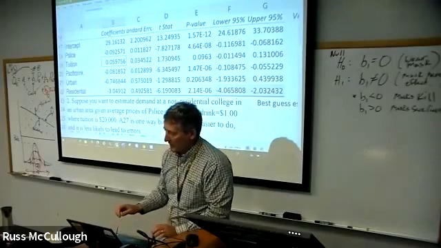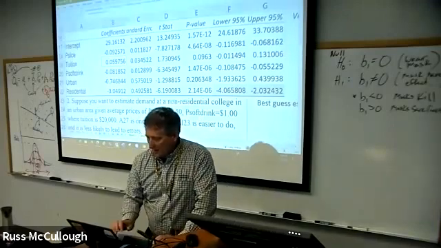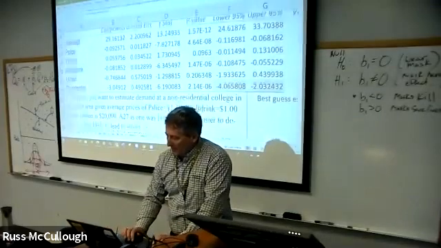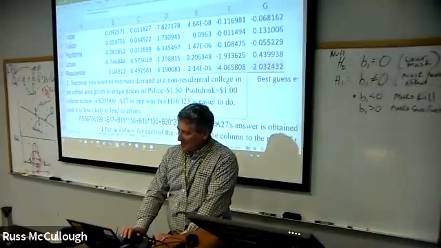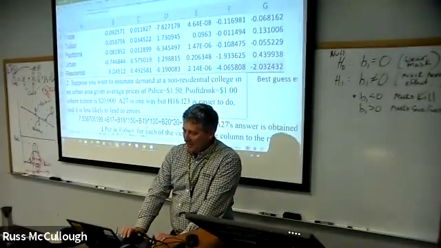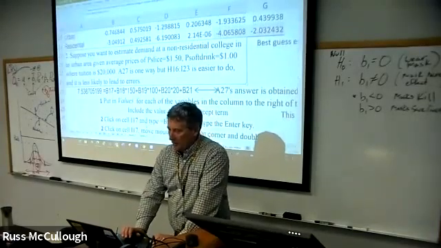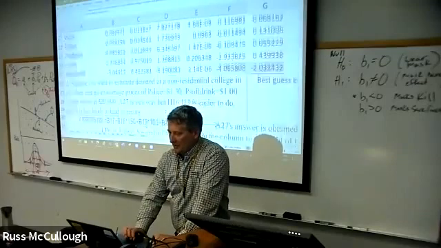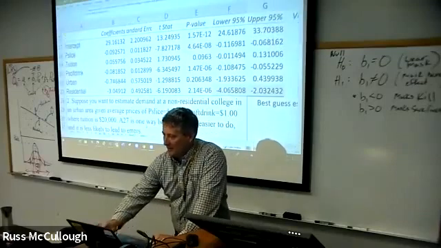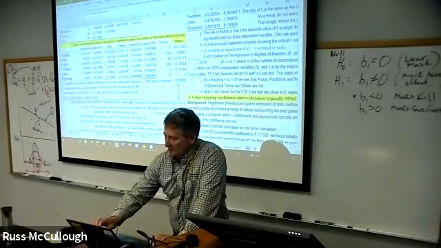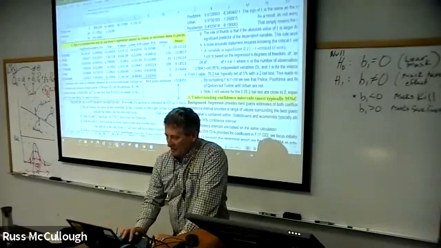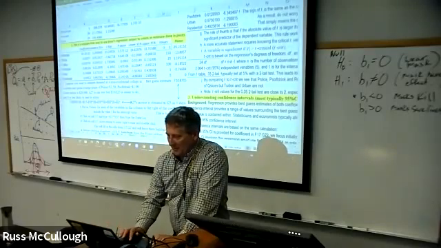Yeah, okay. All right, so now A27 is one way, but H16 through I23 is easier to do and less likely to lead to errors. So H16 through I23, H16 through I23.